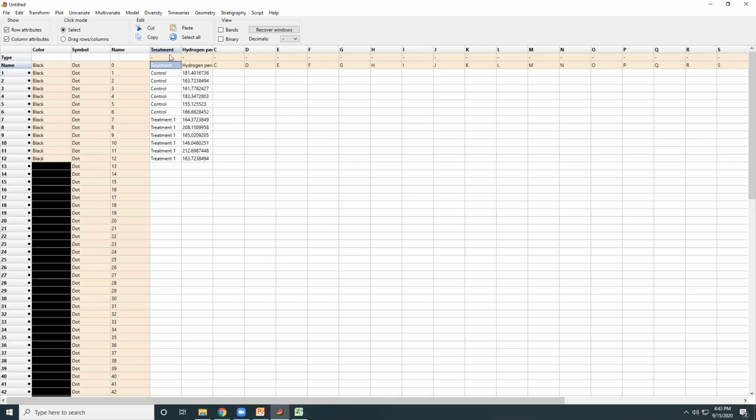Here I would like to show you some data type attributes. If you click on this data type attribute, you can see group. It means that you have two groups over here because you have control and one treatment, so you can select it as group. In the data, you can let it be just like that because in this way it will take it as numeric data. However, there are several other type attributes which I would like to quickly go through. Group I have already shown you. There are two treatments, you can select it as group and then it will act as group data.